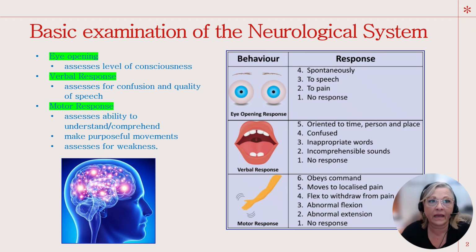Again, indicating brain function. So we're going to be talking in another slide or so about orientation status. We're going to be asking them 3 questions, and we're going to be determining, do they know the time? Do they know themselves, which is person? Do they know the place? That is 1. And we usually say they're oriented. If any 1 or 2 or all of those pieces are not answered correctly, we would then determine that the